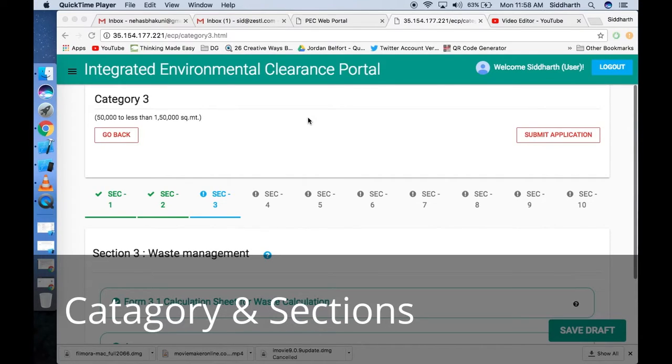Each of the sections has a form to fill in the required information and an annex to submit the necessary supporting files. Files could be of different sizes and formats. Sections are marked in different colors to give a clear understanding of the progress. Blue indicates a section in process, gray indicates a section not yet started, and green indicates sections successfully completed.